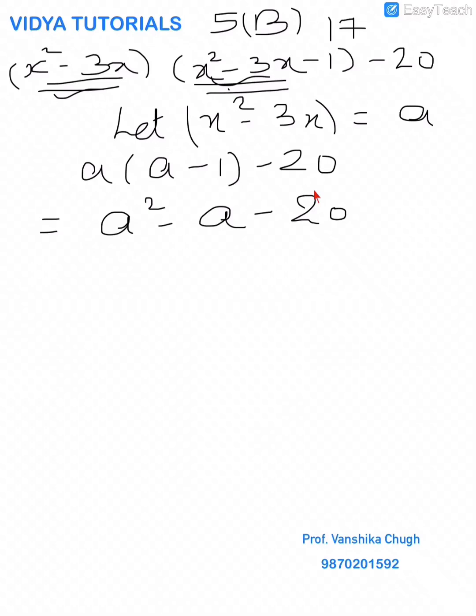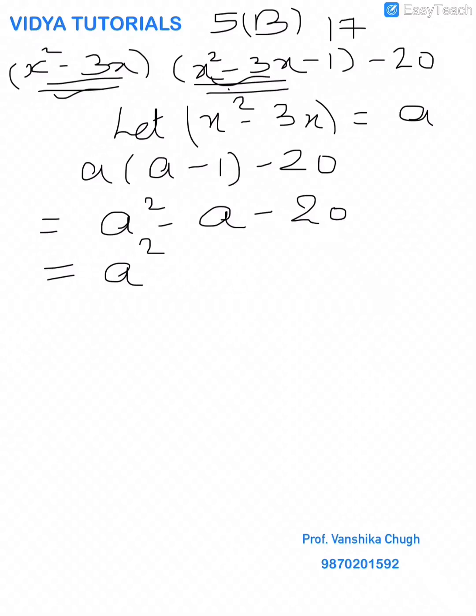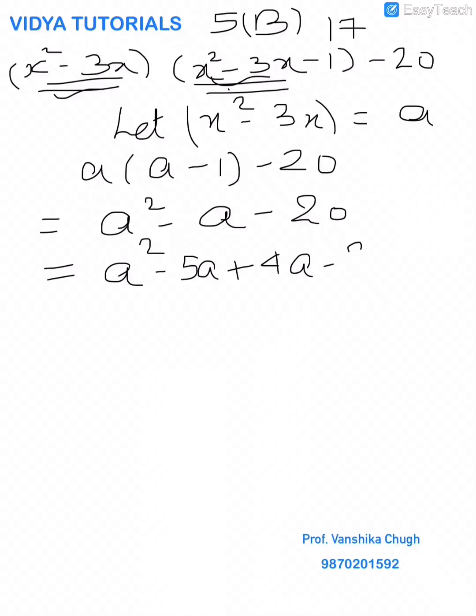I will think about two numbers which, product is 20, and since there is a minus sign the difference should be 1. So the two numbers are 5 and 4. So I will split the middle term into, this sign will go with the greater number, minus 5a plus 4a minus 20 is equal to a minus 5, and